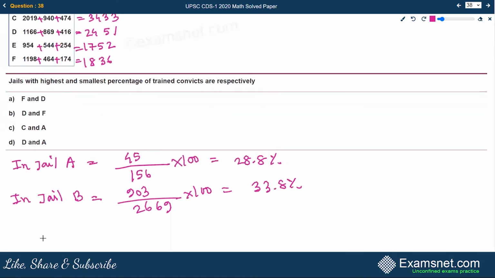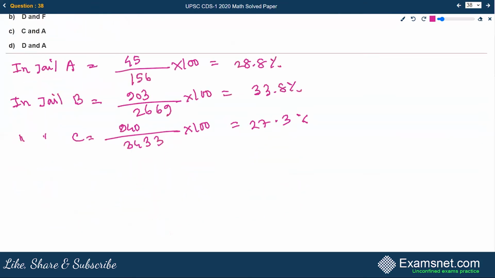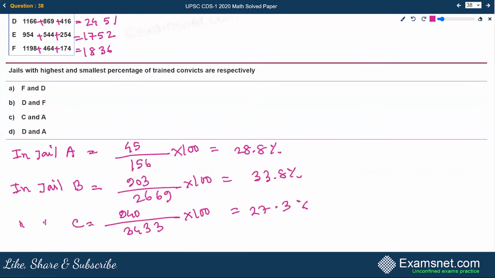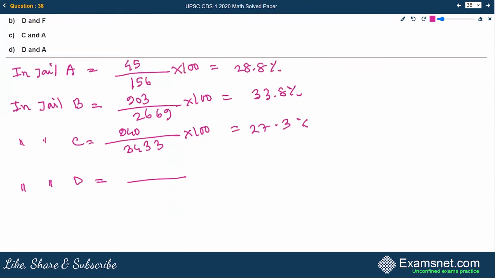Next, in jail C, that is 940 by 3,433 multiplied by 100, we get the value 27.3%. Next, in jail D, the number of convicts who got training is 869,